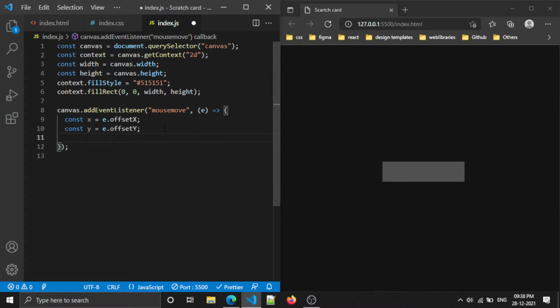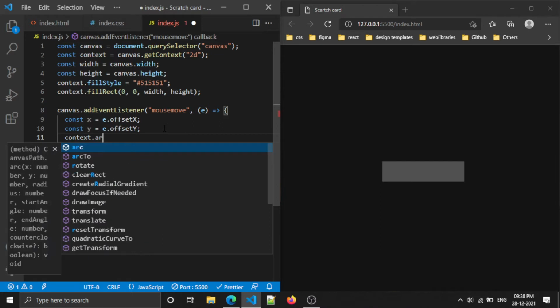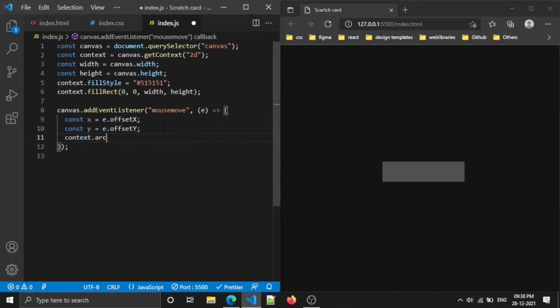After that, we need to call the arc function on our context: x comma y comma, and then we need to pass the radius. Here I'm mentioning 10 as the radius. Actually I'm going to create one circle. In order to do that, we need to mention start angle as 0 and end angle as 360 to create a circle inside our canvas.